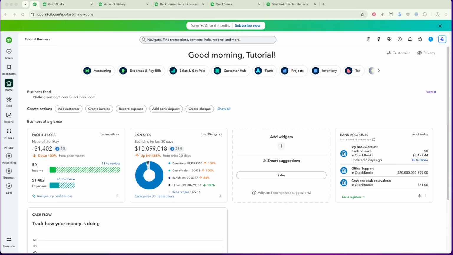In today's video, I'm going to teach you how to record reimbursable expenses in QuickBooks Online. Whether you're managing business expenses for a team or handling costs for a specific project, knowing how to accurately track reimbursable expenses is a vital part of maintaining clear financial records. QuickBooks Online makes this process simple and efficient, and I'll guide you through every step to ensure your records are